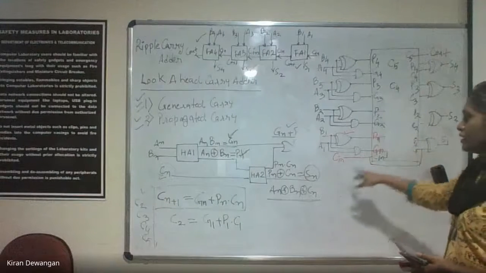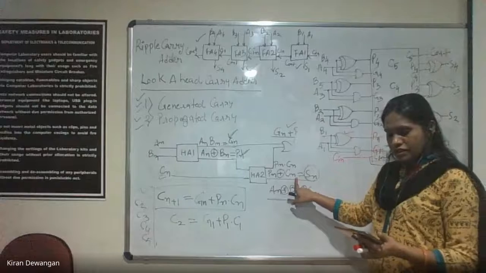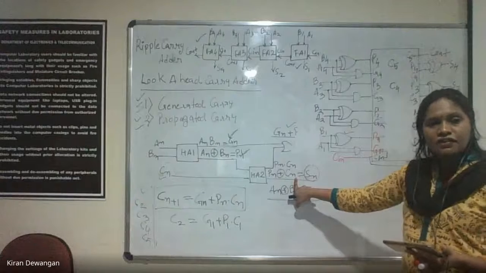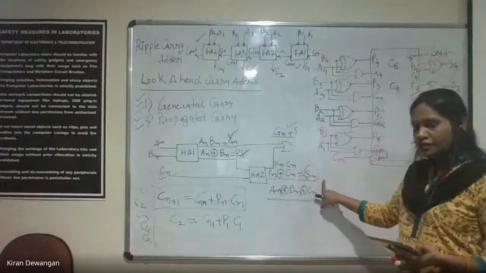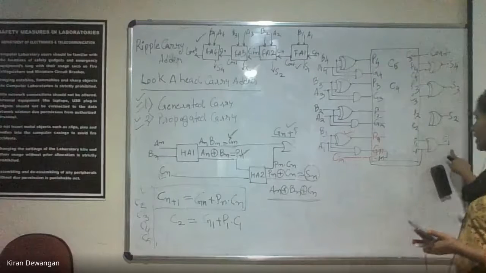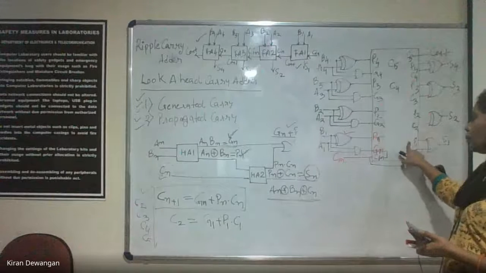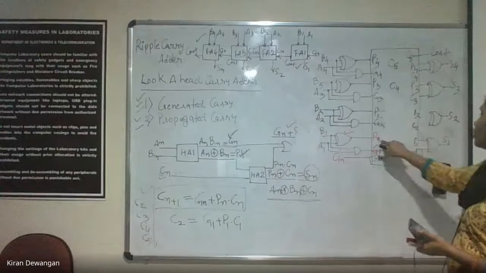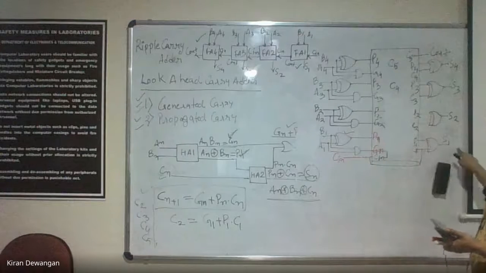S1 क्या है? What is this? Sn is Pn XOR Cn, right? Pn XOR Cn, that is our S1. Sn है, तो अगर हमें S1 निकालना है it will be P1 XOR C1. तो हमने S1 के लिए C1 लिया, this is taken directly, and P1 is already calculated here. ये Pn जो हमने कैलकुलेट किया P1, that is taken. So P1 XOR C1 will produce S1.